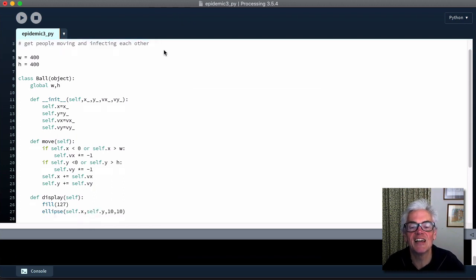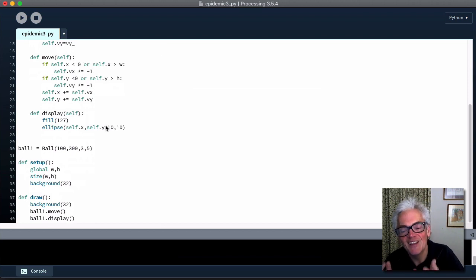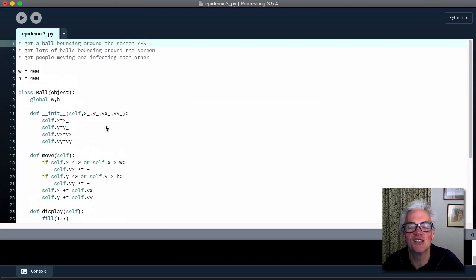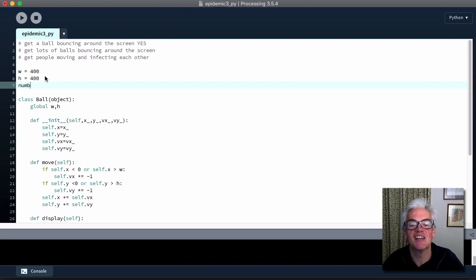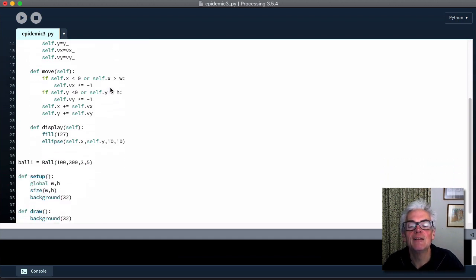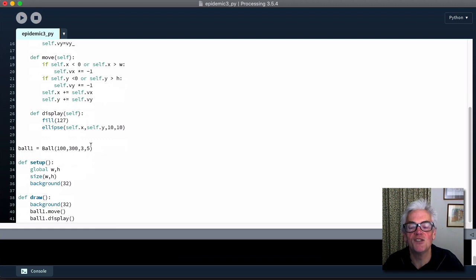Oh my goodness, how on earth are we going to do that? Well, this is the beauty of the thing, okay? Because we have a class here, we can create lots of objects which belong to this class. So let's set up number of balls equals 10 to be going on with. And then all we need do is initiate each of those balls in turn. So I'm going to replace ball 1 here with